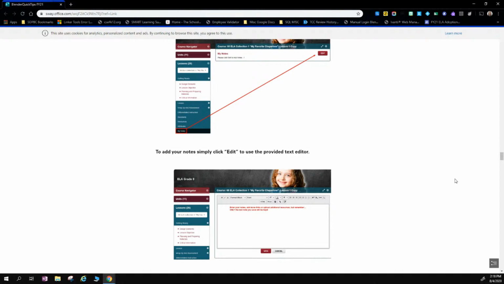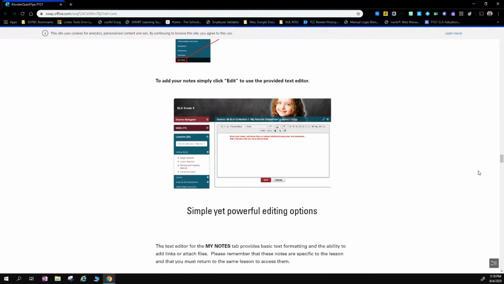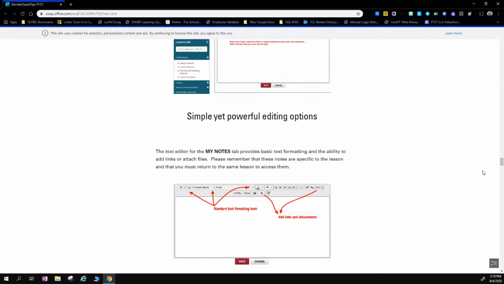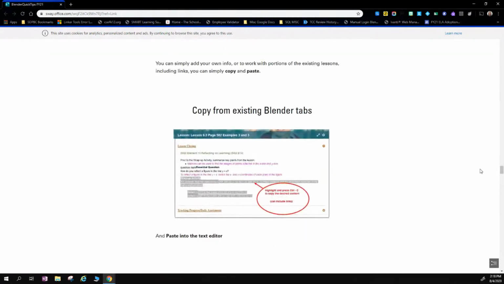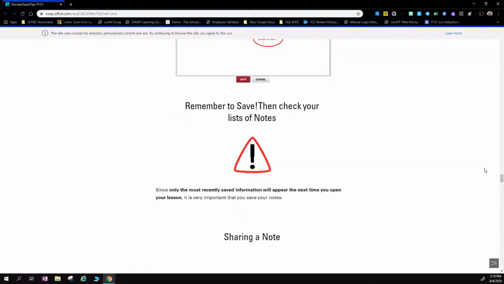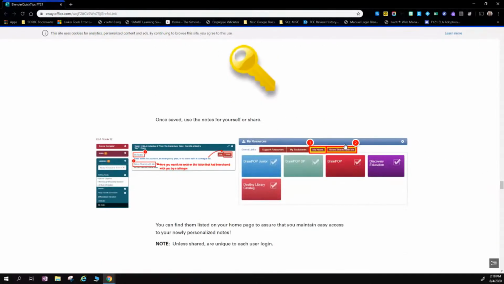Or, and Dominique will slide just a little bit further, you can actually share those notes with an individual Blender user. So you can go in and add those notes to the homepage of another user. So if you found a unit that was exceptionally helpful, maybe those STEM resources or something you really wanted to focus in on, you can add notes to those STEM units, add your thoughts and additional resources and share it with another user. And then that appears on the homepage for those users.